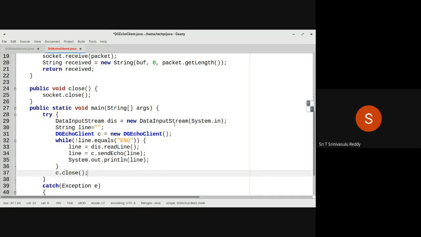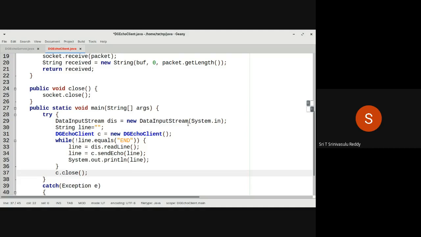Because this DataInputStream contains a method called the readLine method, that is the readLine method you want to use, and that's why you are using new DataInputStream. But it is actually deprecated. If you want to use a safe option, you should go for BufferedReader. If you create a BufferedReader object, in that also you have a readLine method.